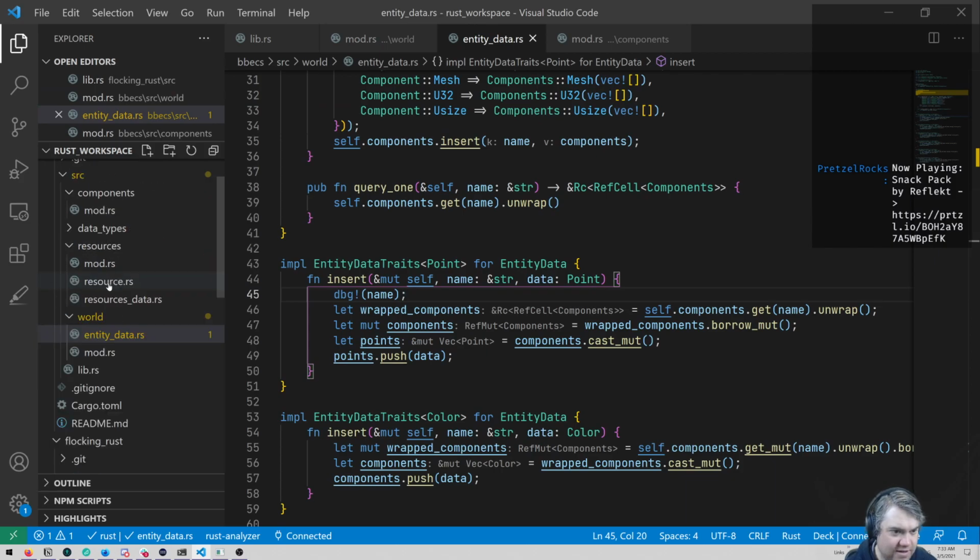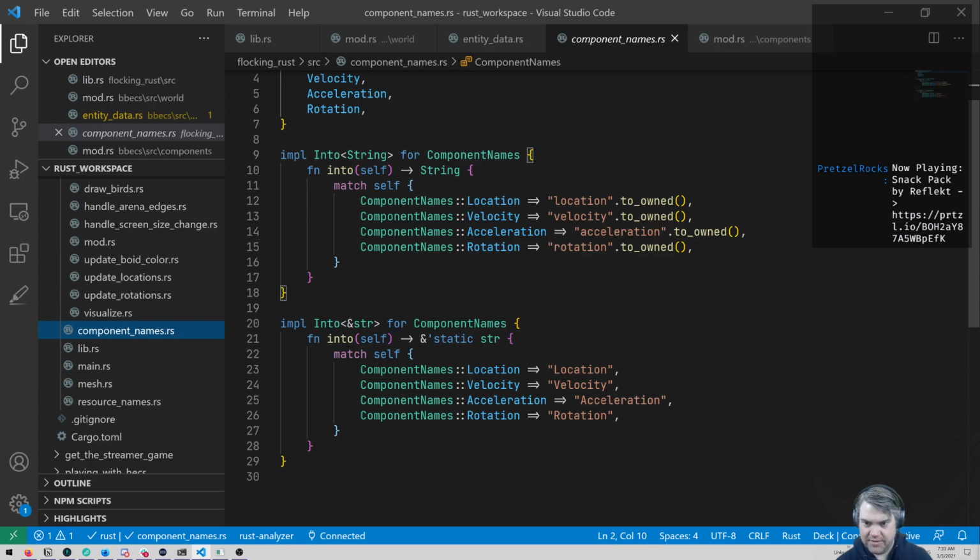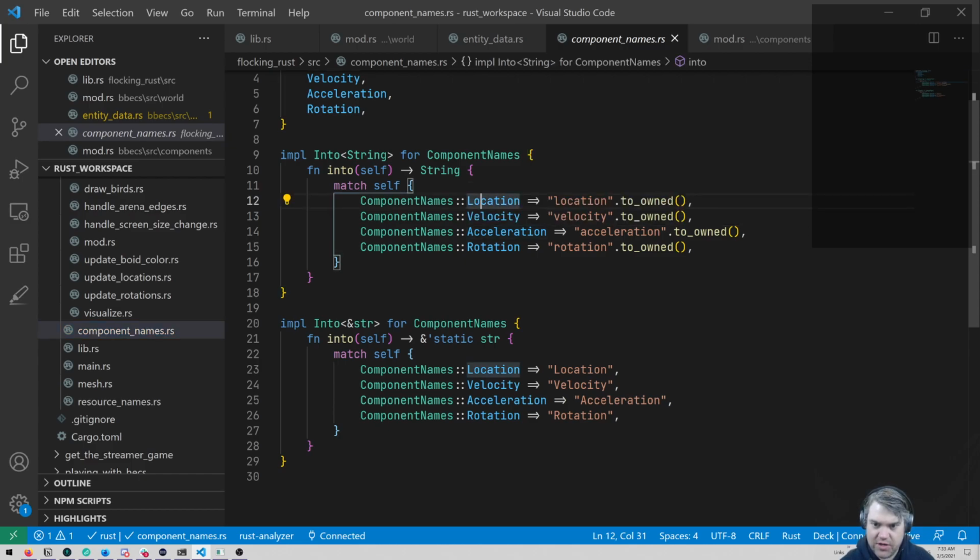Over here in my flocking simulator, we have the component names. Look at this. What are you doing? No, bad. Okay, so there, make it the same.